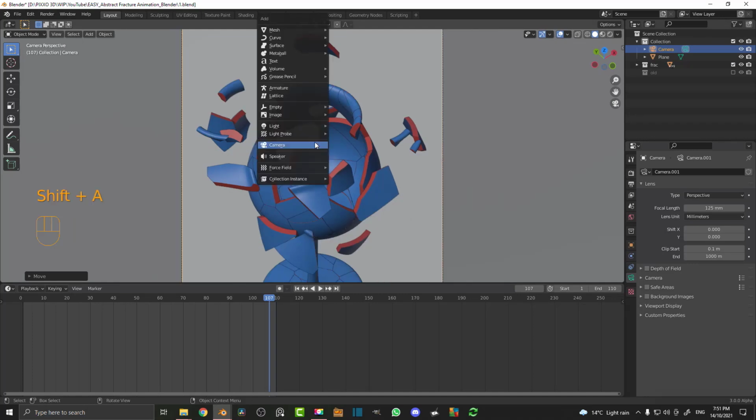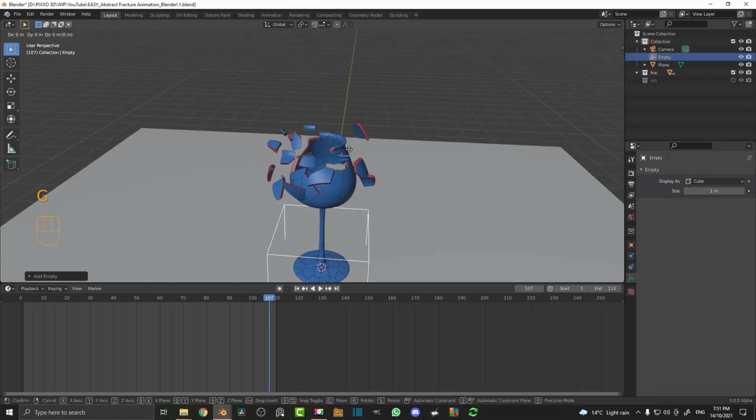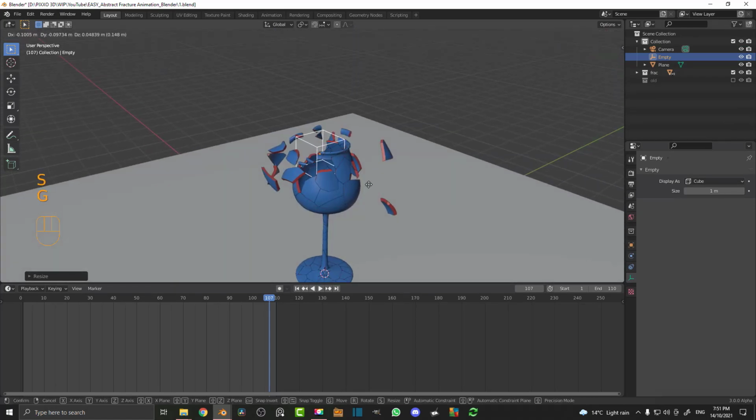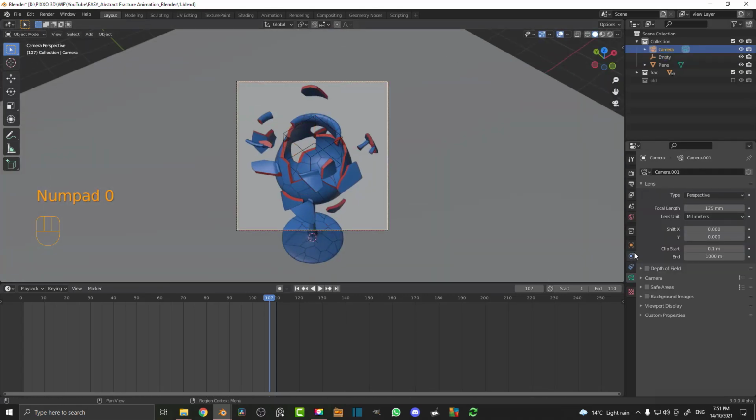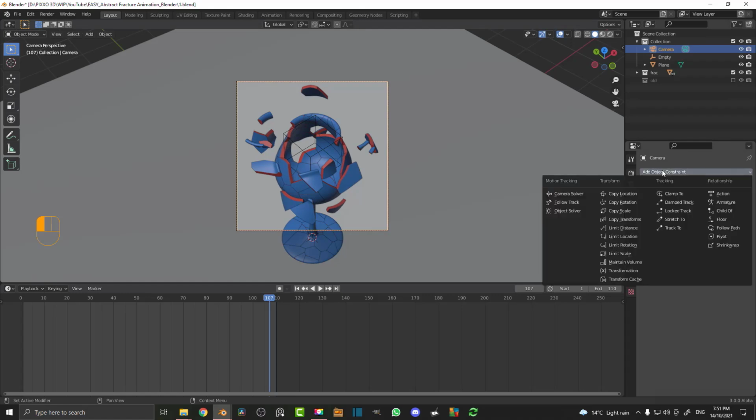So we're going to go Shift A, and we're just going to add in an empty. And let's just go G, Z, move it up, and then S to scale it. And let's just bring it a little bit forward. So about there. Then we're going to select our camera, and let's just go to our constraints, add object constraints,